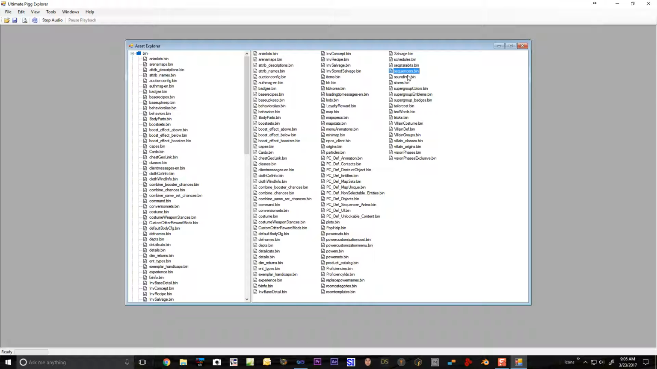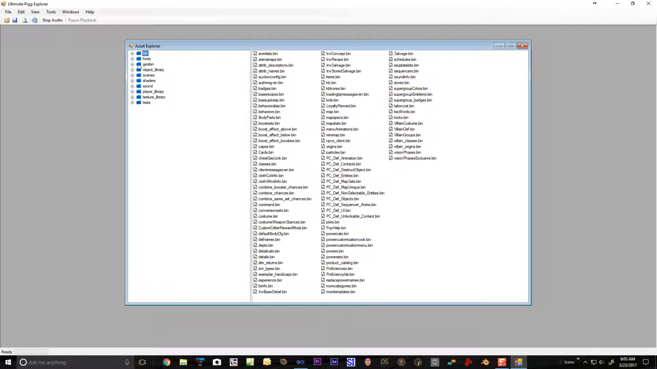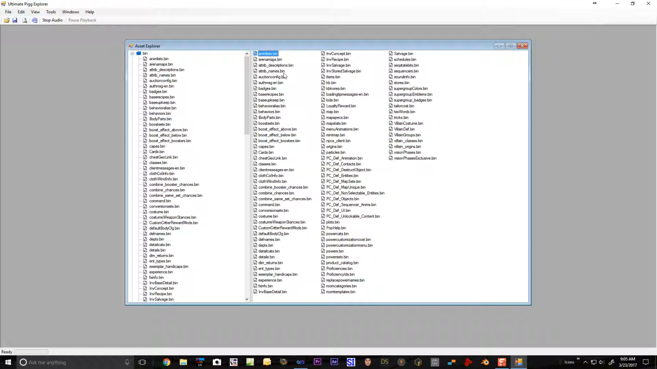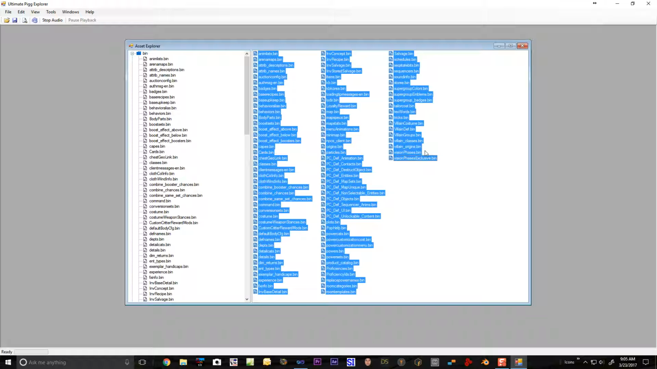The reason I'm doing this is because this tree view control will not let you select multiple items. It just will not do it. And it's too much of a pain for me to code a whole new tree view control just to do that, so I'm not doing it. So what this does instead is you can go into here, you can select all of your items here,